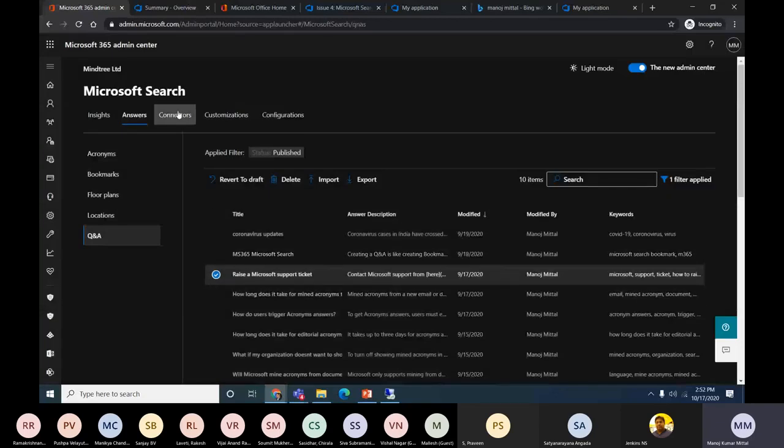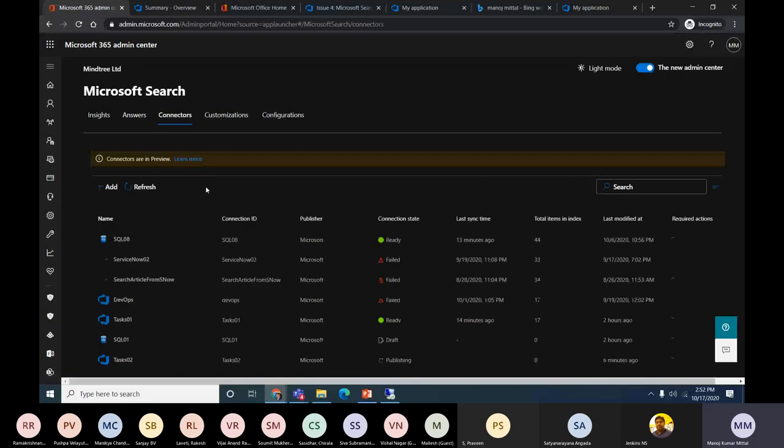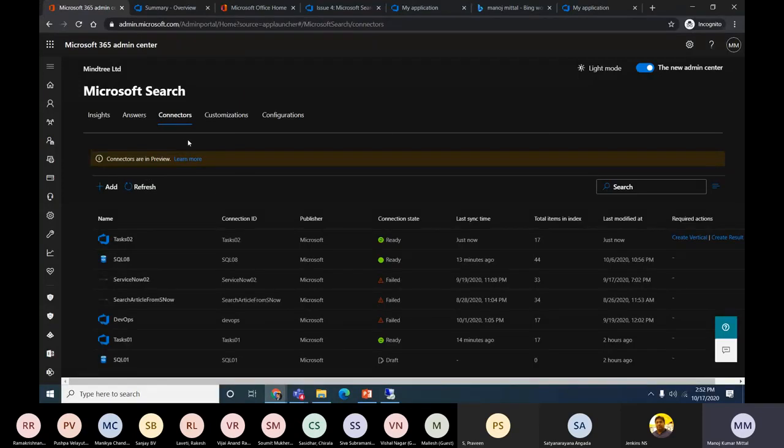And on top of that, the connectors we are going to use, this connector has a limit of 2 million records. As of now, it's in public preview, and it's not like we can add terabytes or GB of data. So the 2 million records we can store and crawl via the connectors, like how this count starts appearing here. So 2 million max is the limit as of now. So this is my custom one. As you can see, task 02 is in ready state now, and the 17 items have been crawled, which are in my DevOps.